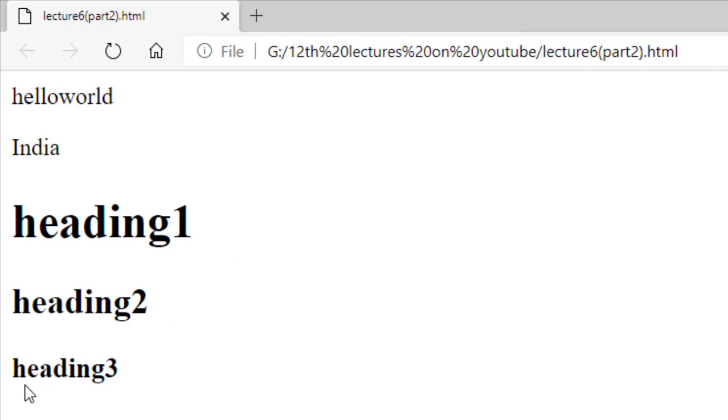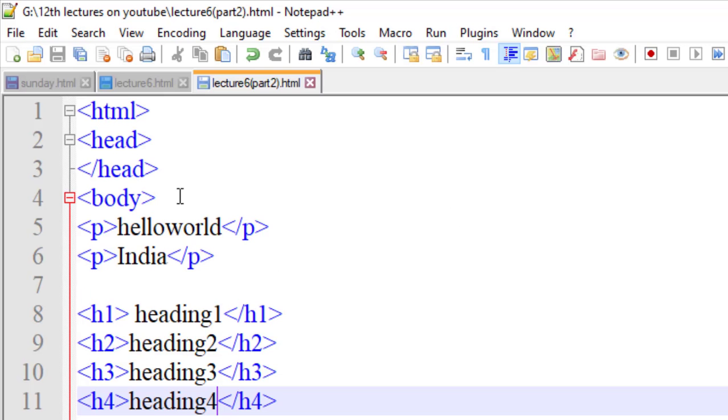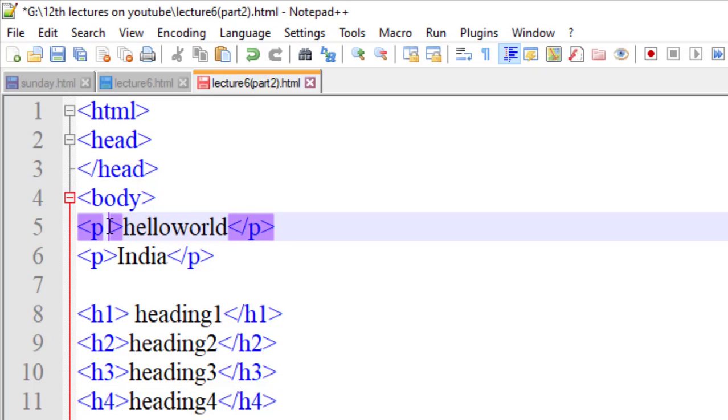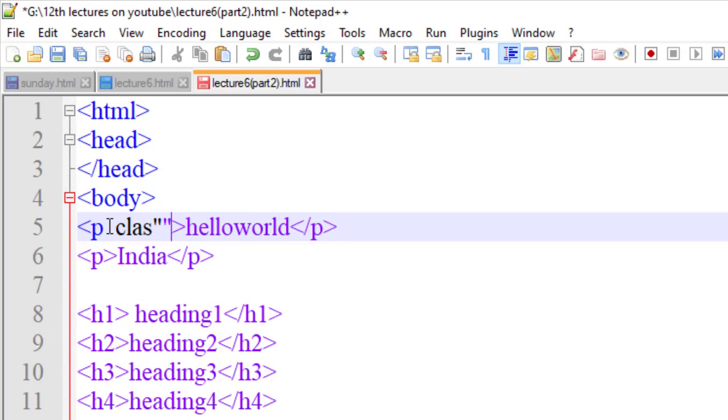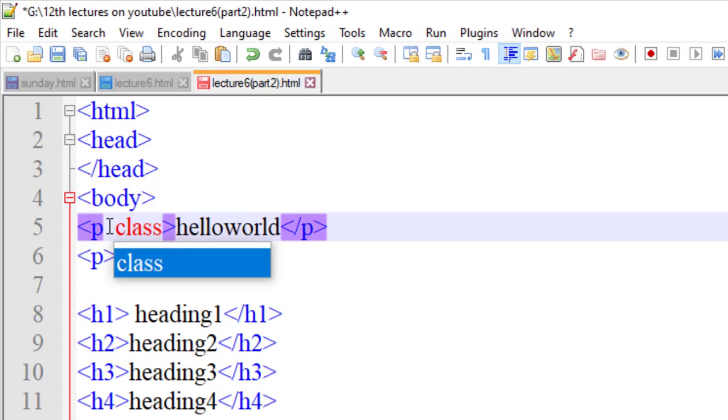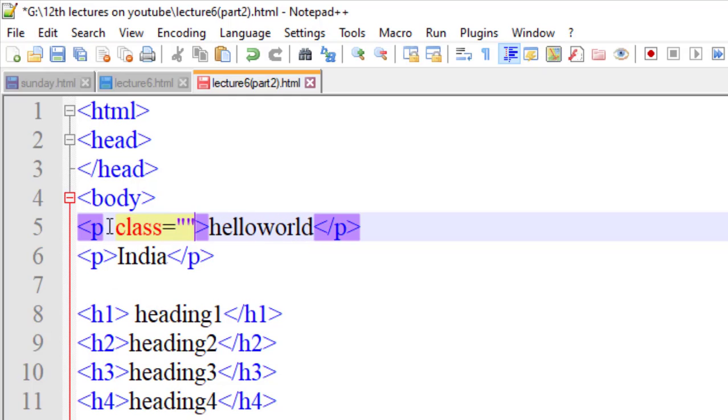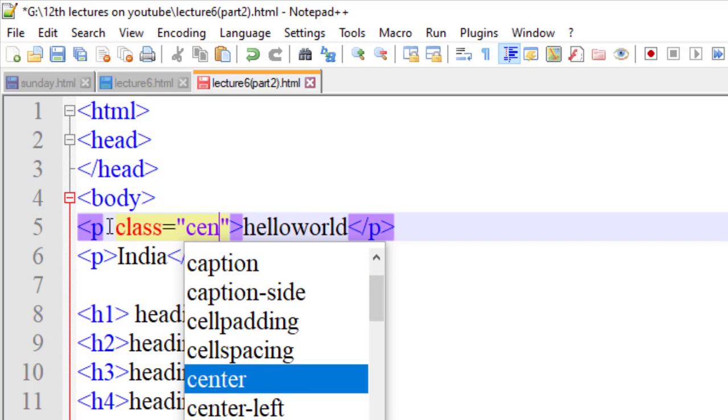Okay. Now we have to do the modification here. I just want to create some classes here. So I will write class equals to, in double quotes, CEN, meaning center.